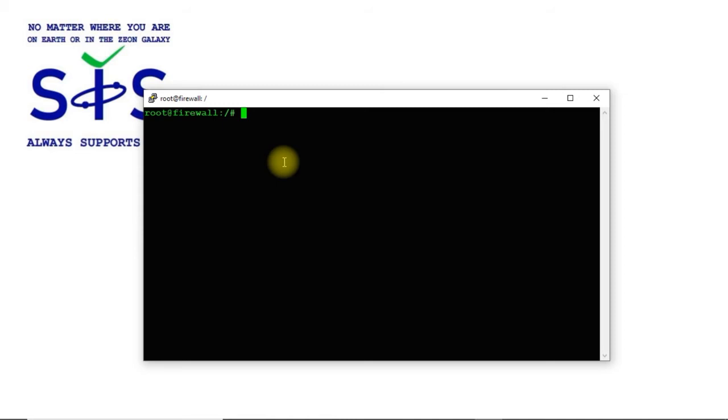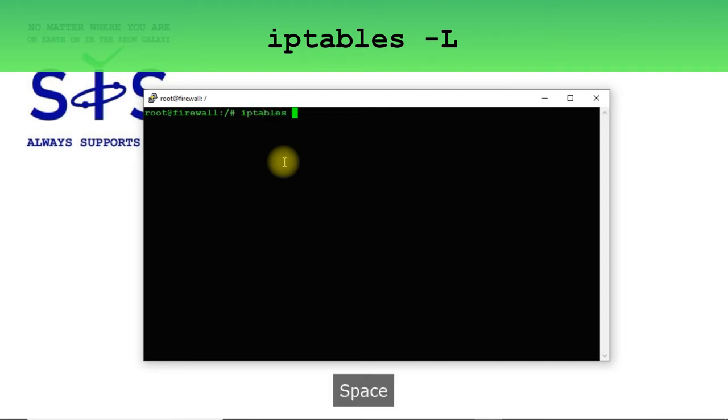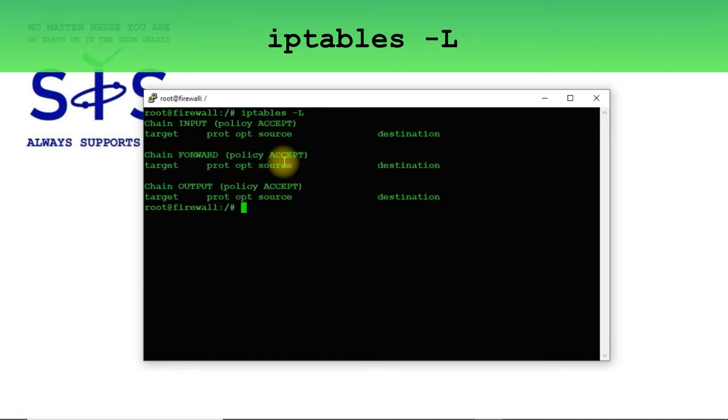First I want to show you how to create a new chain. Like you know, we've got some chains on board in a firewall. You can easily take a look at them using iptables -L, like you know from the previous lesson. After hitting enter, you see here in the filter table, because it's a default table, input, forward and output.